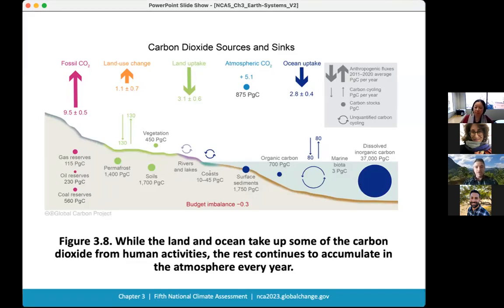So overall, you can see that we have this worked out to a pretty accurate degree at this point, where the carbon is getting pushed around throughout the Earth system. And there's that imbalance right now where a lot of it is sticking around in the atmosphere for a while. Some of it's getting taken up by the land and the oceans. And we have about the same proportion right now of carbon that keeps getting taken up by the ocean and the land, even though the absolute amount of carbon we're putting in the atmosphere keeps increasing over time. Okay, next slide.